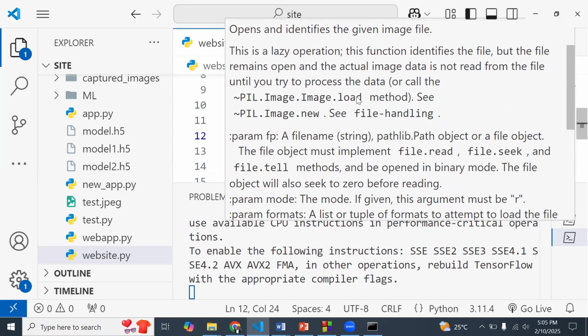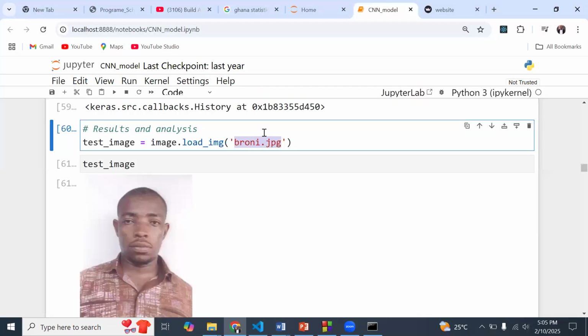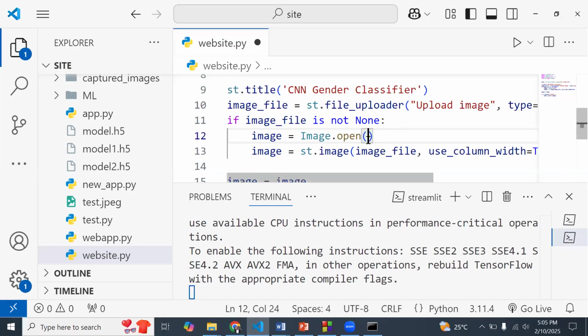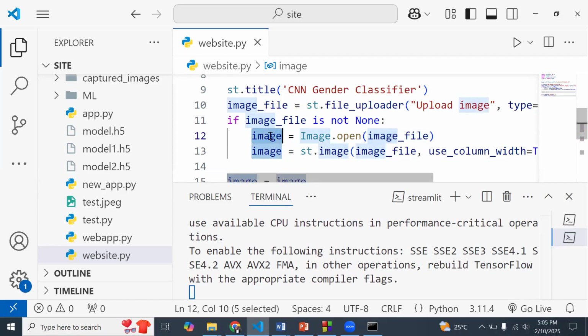That's exactly what we want, so that it behaves like what we have done over here for that particular image we are bringing in. So what we need here is this image file that we have uploaded. This is going to take care of converting whatever we have over here into some value, and then the rest of it is going to be okay.